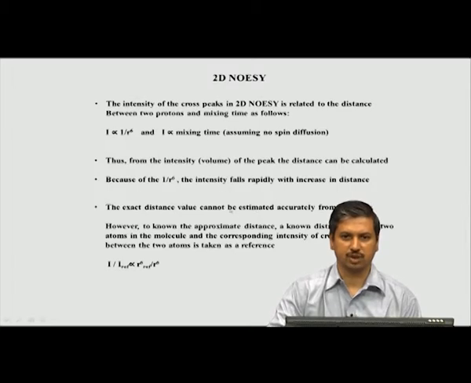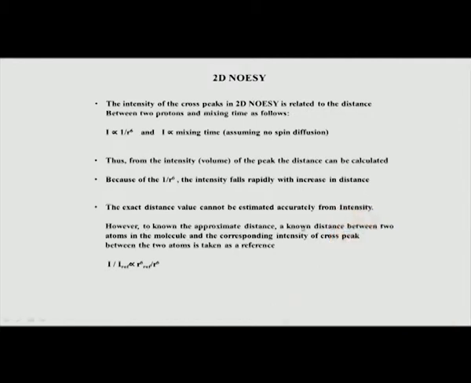There are two ways. Number one, like we do for chemical shift referencing, you can take a fixed distance. Let us say you have a system in your molecule, like an aromatic system. Remember, an aromatic is a very rigid planar structure. So, let me draw the structure here. If you have an aromatic moiety in your molecule, let us call these H1 and H2. Typically, this distance is fixed.